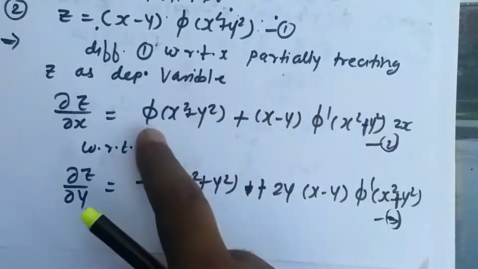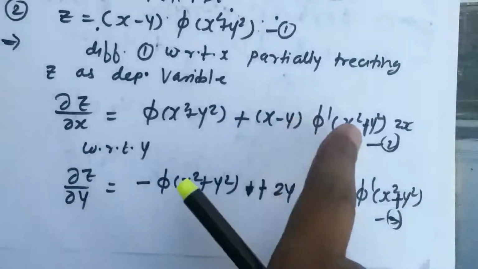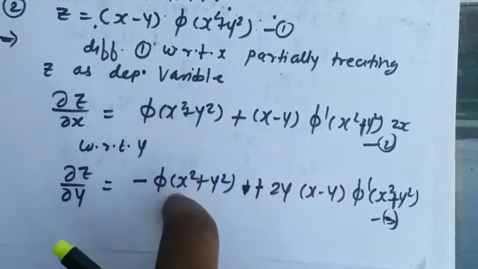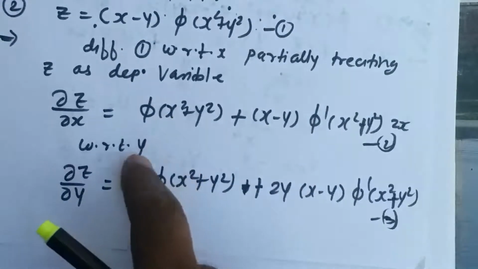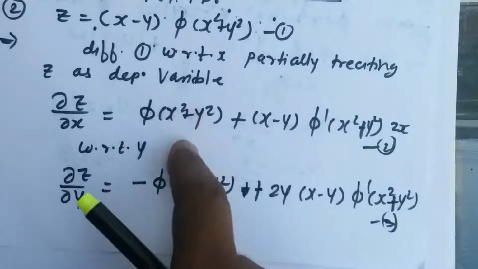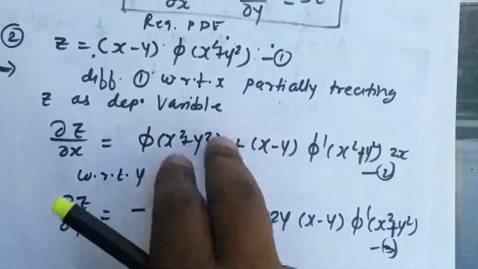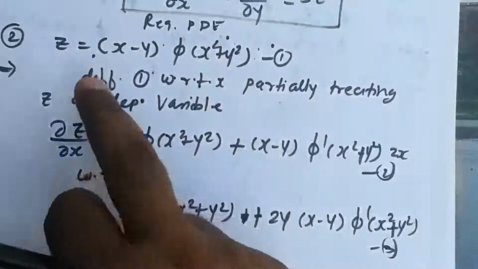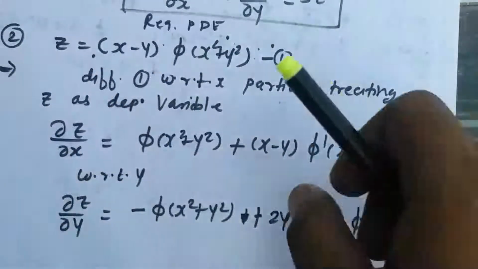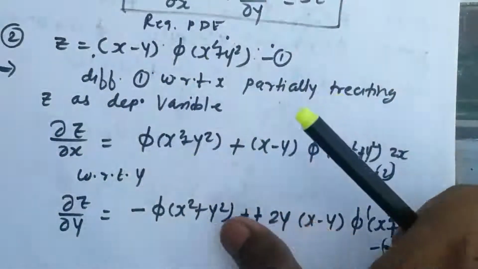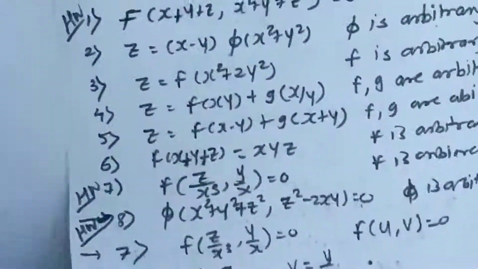So if you multiply by y here and x there, and do the subtraction, that won't be enough. Okay, still this phi will be there. Now one more thing: if you multiply by x minus y also, at the same time we have (x minus y) into phi of (x square plus y square) as z. So that will help us to remove this phi from the first term, right? So here I have done that calculation.